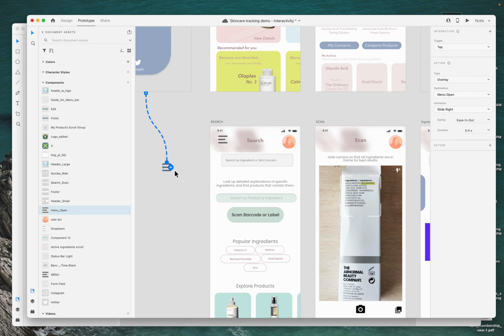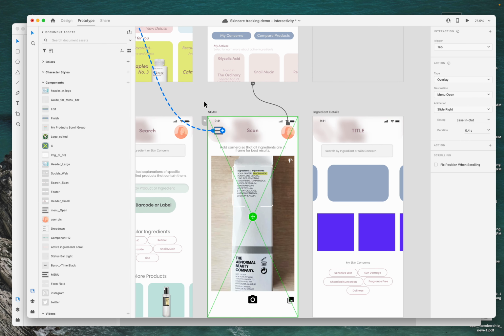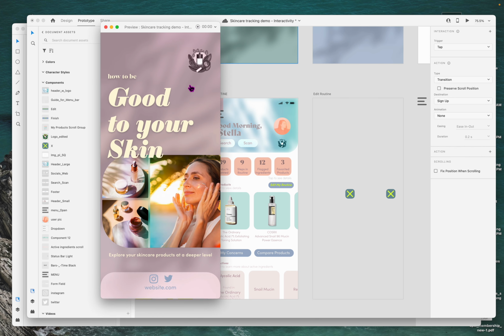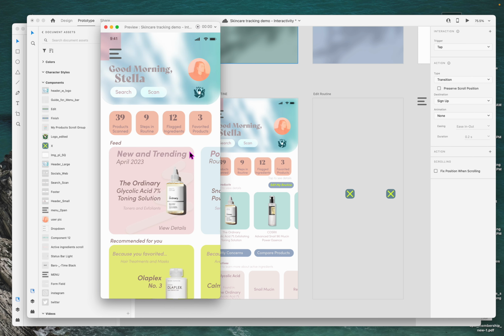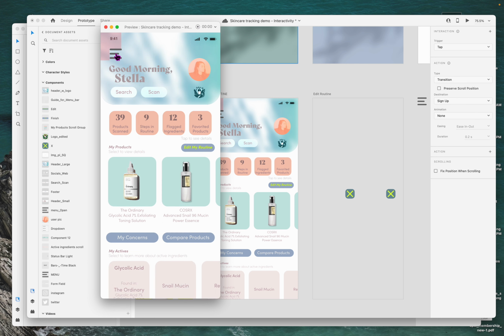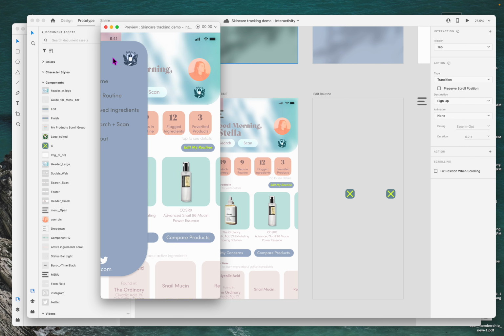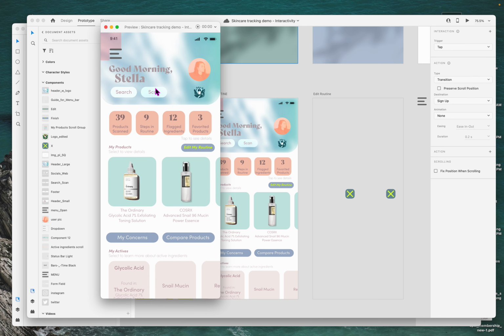And you see every time I drag this component, you'll see that it still has that behavior assigned. That's because I assigned that from the main component. So let's go ahead and do just a quick demo of how everything is going to look. Boom, log in, enter the password, have the menu, great. We'll go to my account, so I have that menu, and I need to assign these their links. We can go to search, scan,